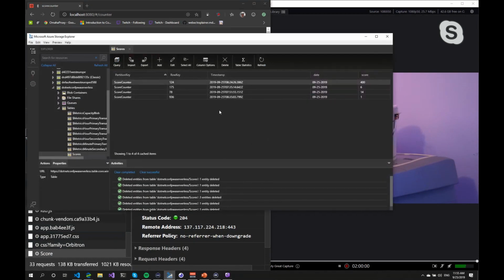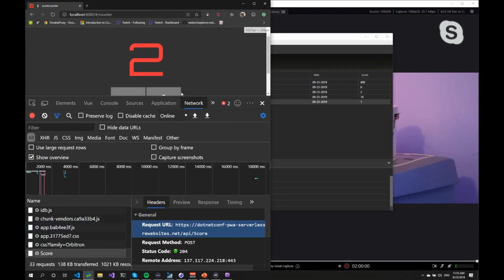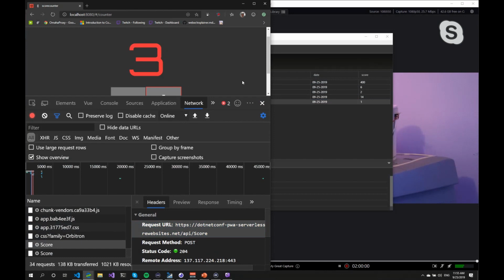And if we look into the table here, we should see that, I think it's the last one here. It got an ID of 936 and it has a score of 1, which is actually incorrect, but it's probably the demo gods. I forgot to make some offerings.